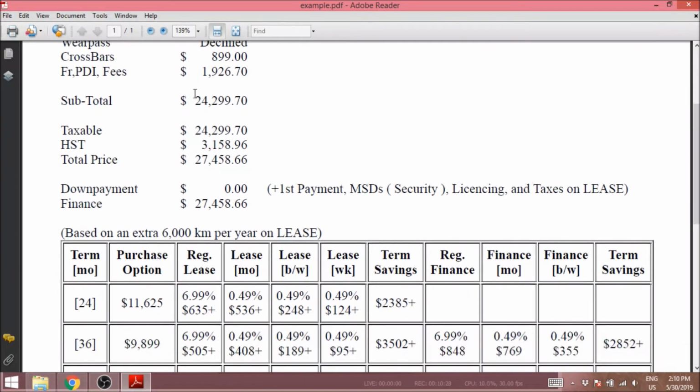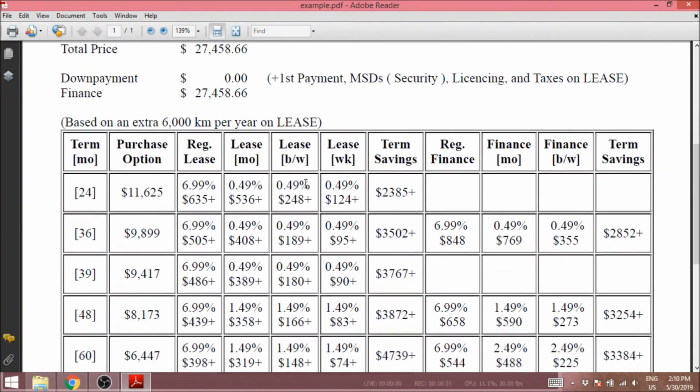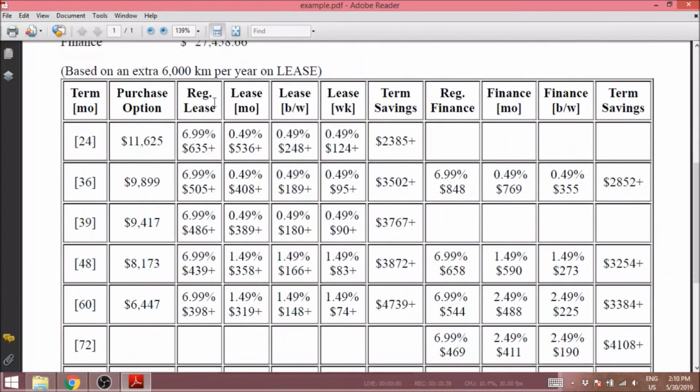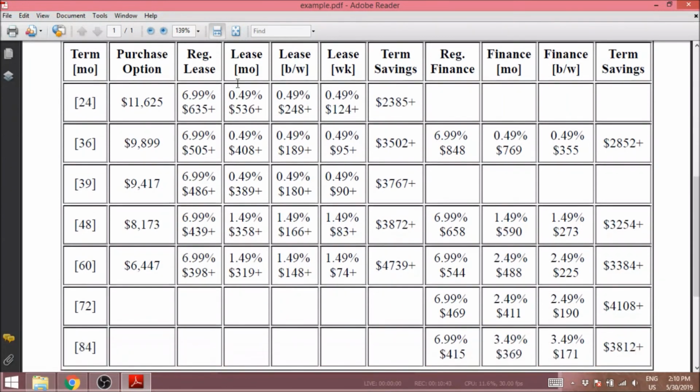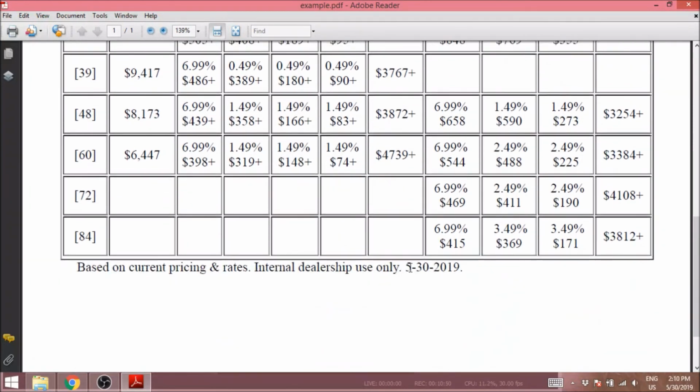Fees. We have the subtotal, taxes. We didn't include a trade. If we did, it would have shown it. We have down payment and the total amount financed should the customer finance. A note about the extra kilometers that is included in this quote. And then we have lease parameters on the left, finance parameters on the right up to 84 months, and the